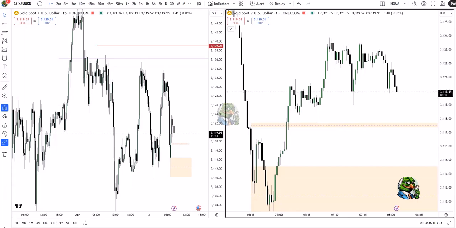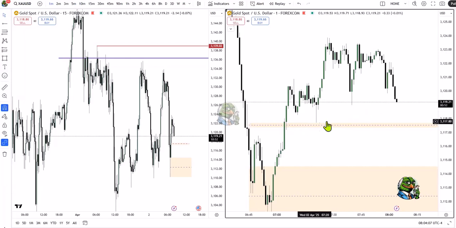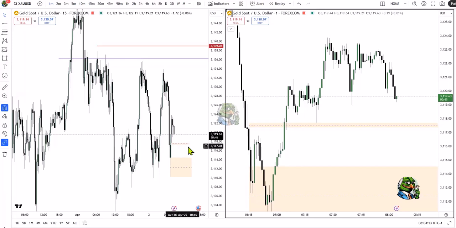It might take one 15-minute candle, it might take two 15-minute candles. I'll give it maybe three 15-minute candles, and in that third 15-minute candle I really want to be down here, otherwise I'll just wait for 9 o'clock, which is a new hour. So you can see so far it's already taken this low, there's this low to be taken, and then this level here is the small 15-minute fair value gap that I'm waiting for price to tap into